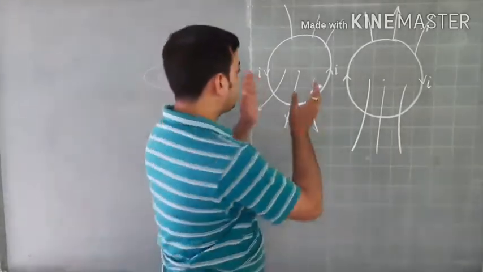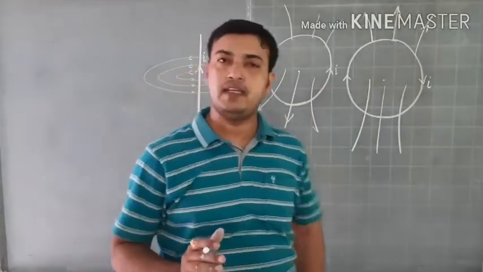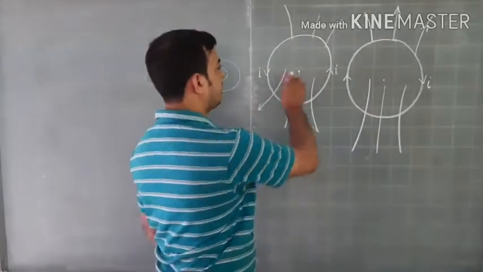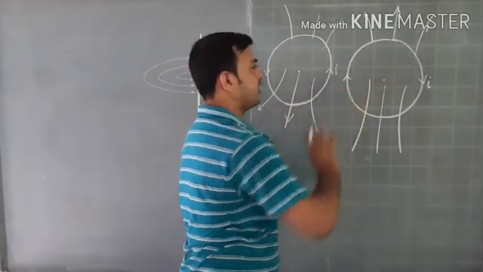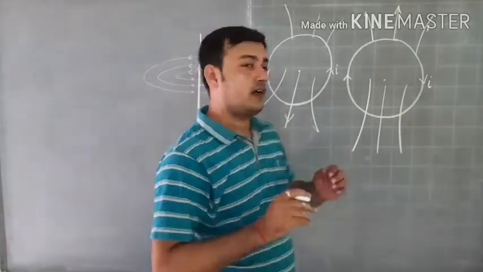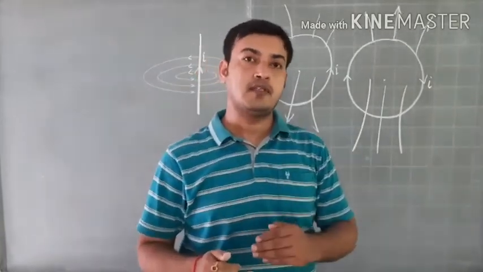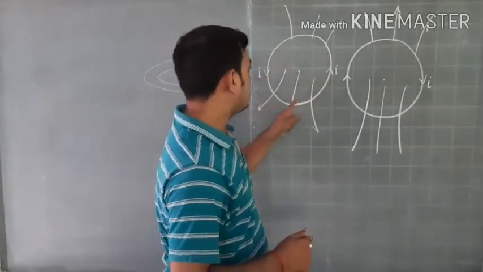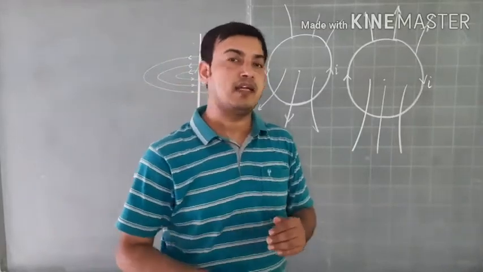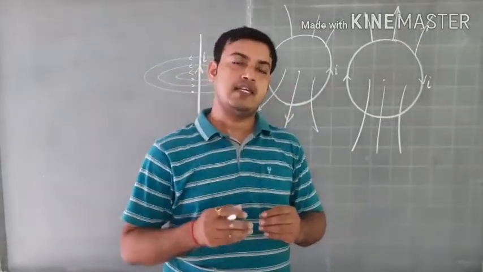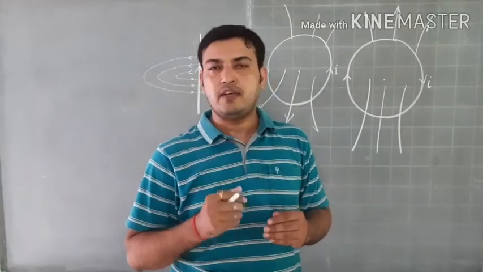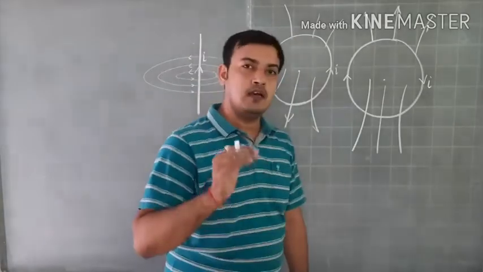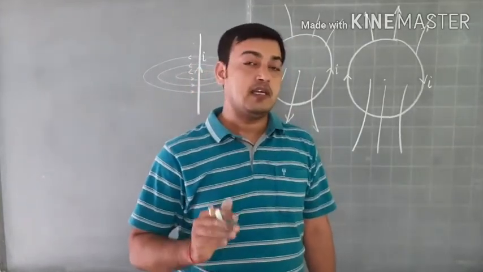Now the similar kind of magnetic field line patterns are seen in the case of bar magnets. The magnetic field lines of the bar magnet have a pattern something like this only. It means that a current carrying coil behaves like a bar magnet. If I increase the number of turns in this coil, it will behave like a strong magnet, and if the number of turns is less, then it will behave like a small or weak magnet. But the behavior of this current carrying loop is very similar, or you can say identical, to a bar magnet.